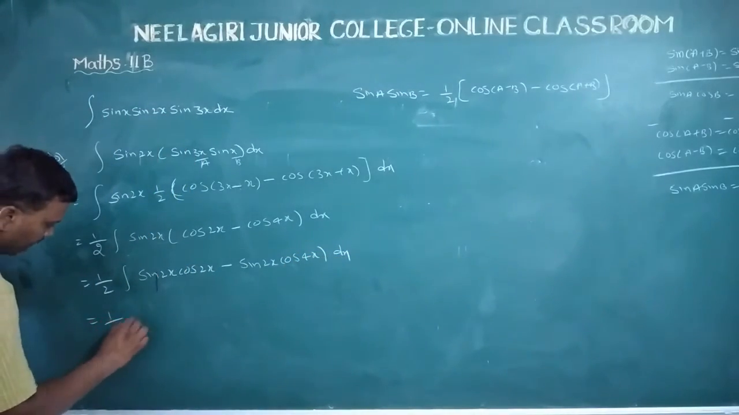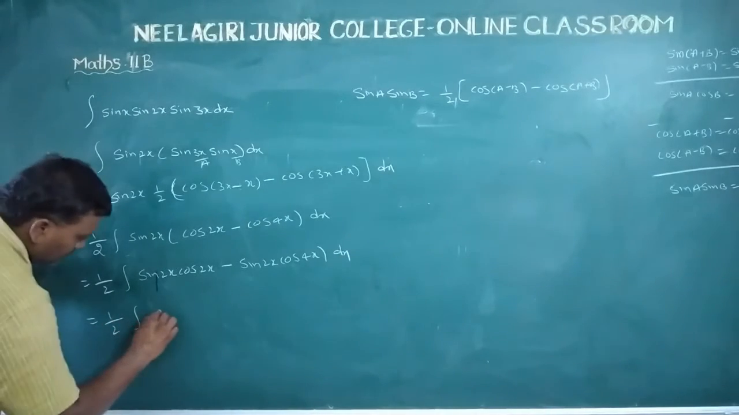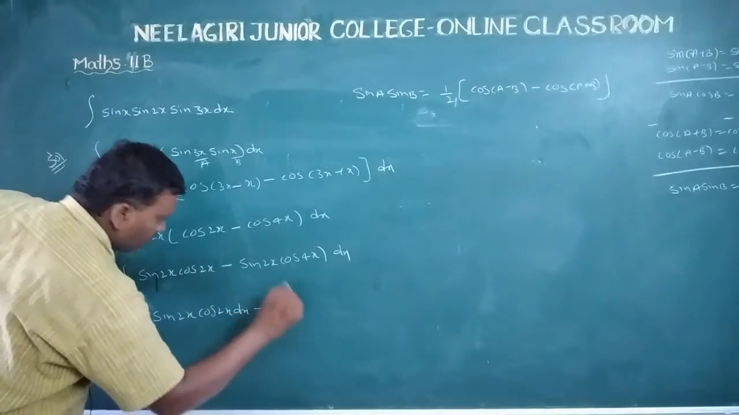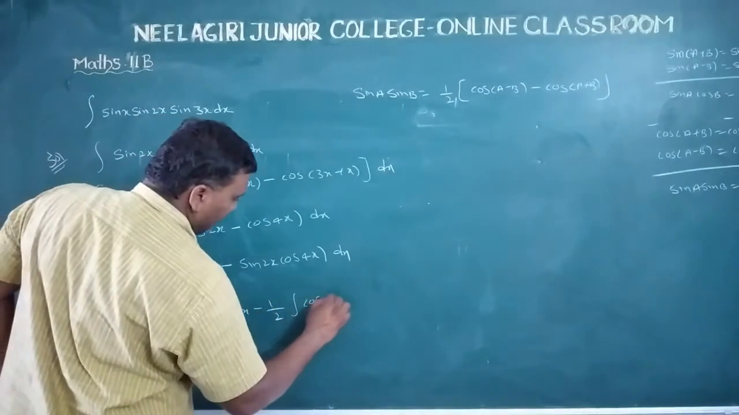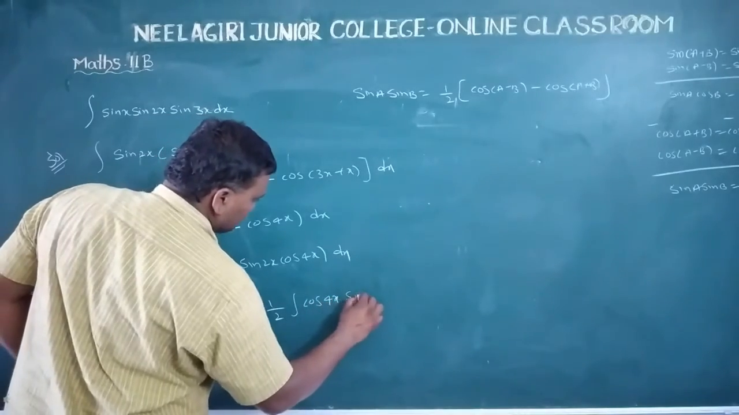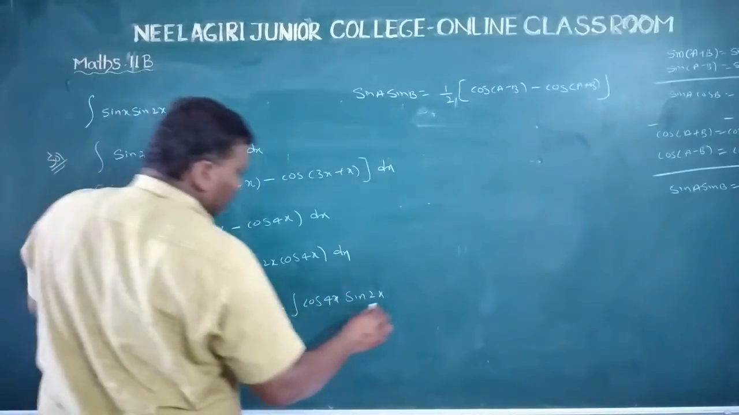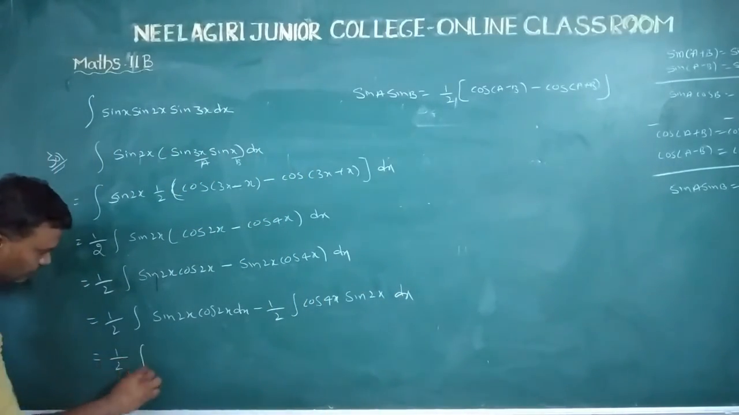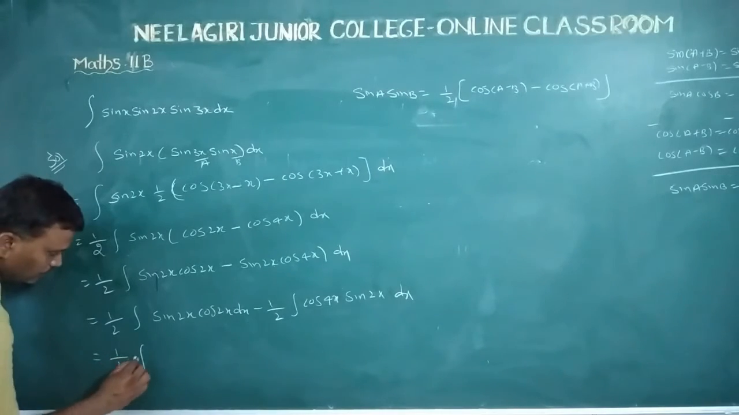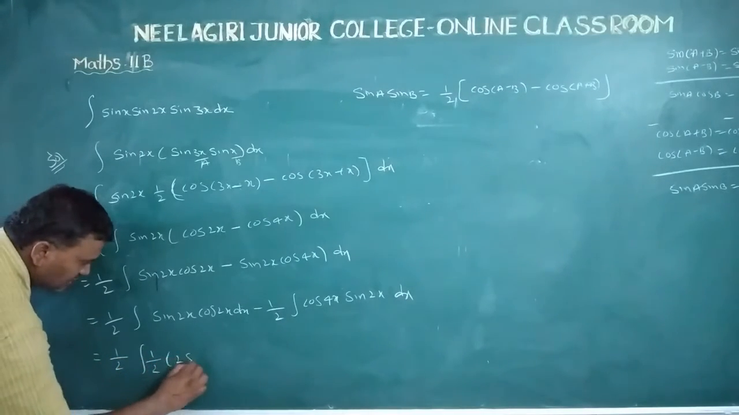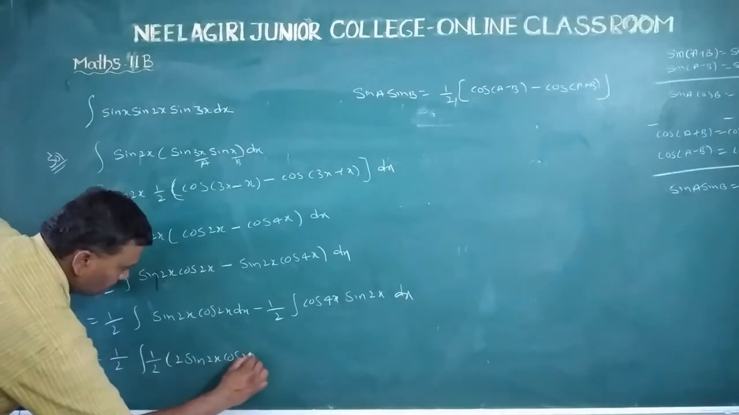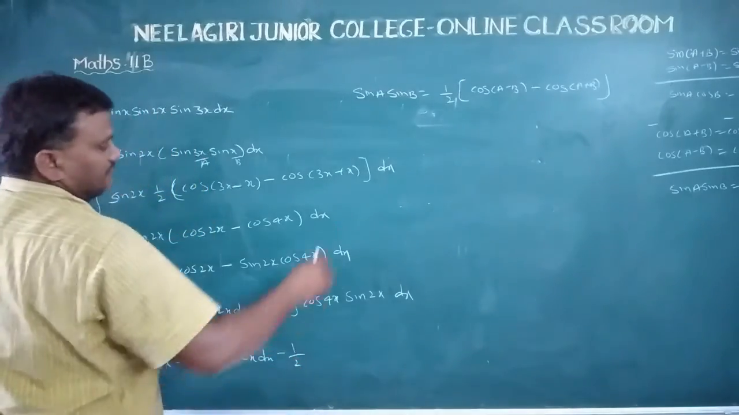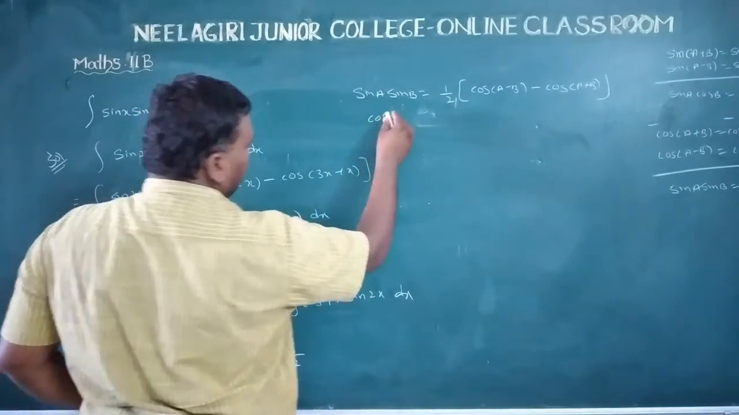Equal to 1 by 2 into sin 2x cos 2x dx minus 1 by 2 into cos 4x sin 2x dx. Multiply and divide by 2: 1 by 2 into 1 by 2 into 2 sin 2x cos 2x dx minus 1 by 2 into, since integration of cos b